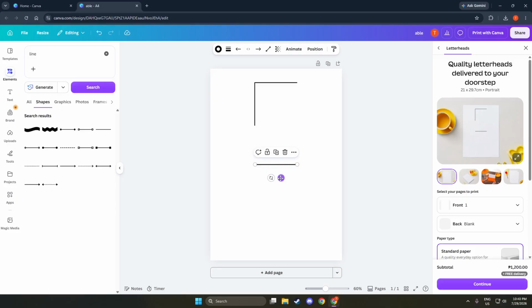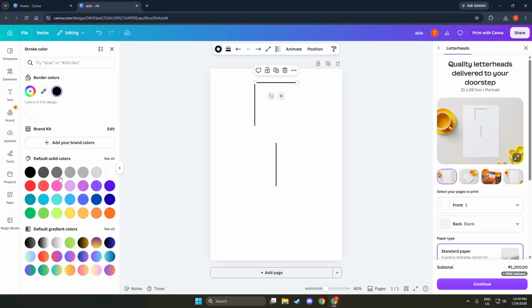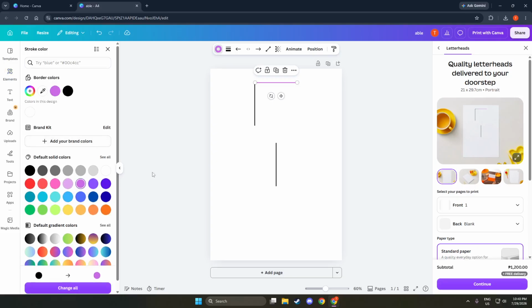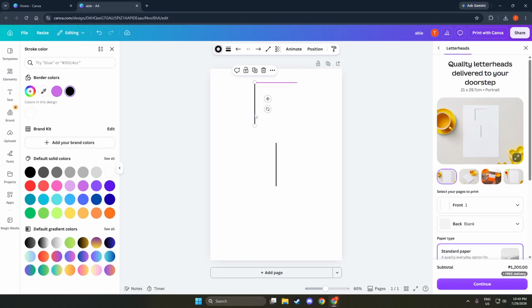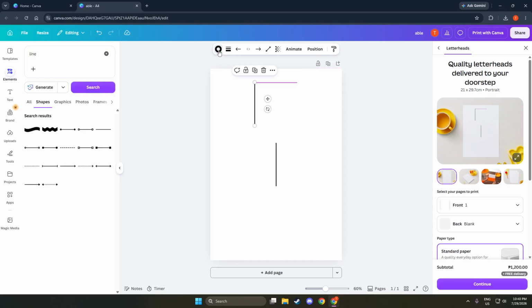With the line selected, use the toolbar to change its color. Look at the top of the screen for the color tile, usually showing the current line color. Click it and a panel opens with your document colors and a color picker. When you choose a new color, the line updates instantly on the canvas, so you can quickly test different shades